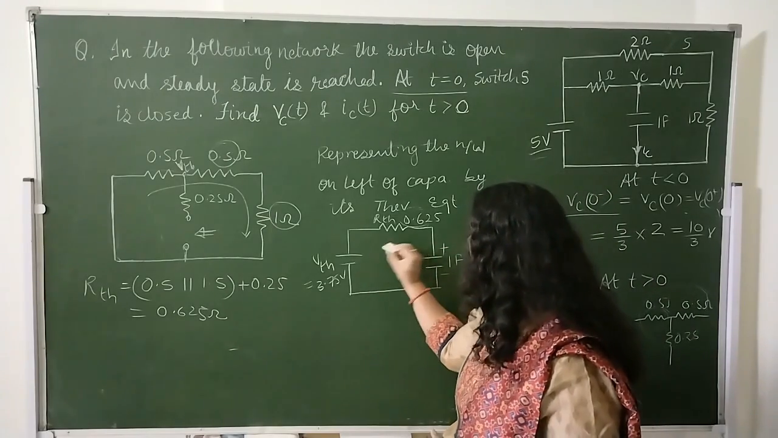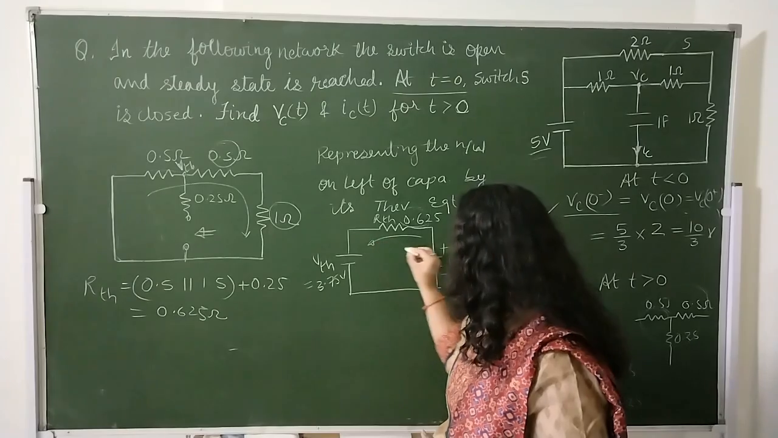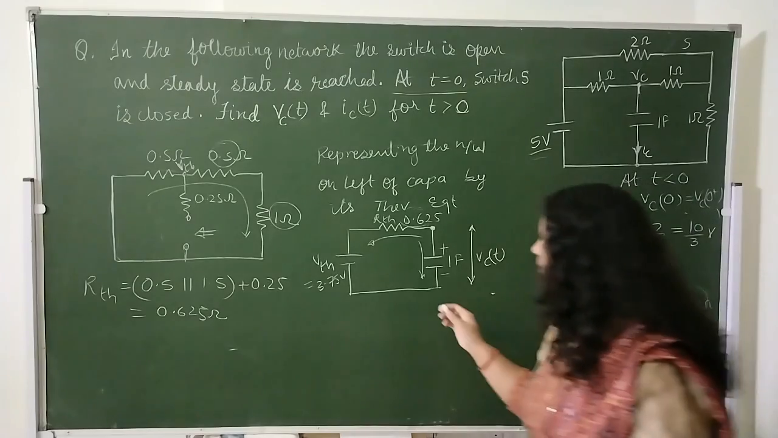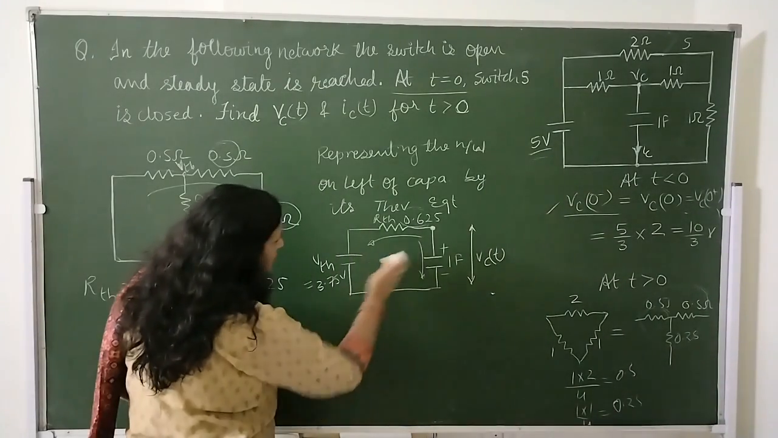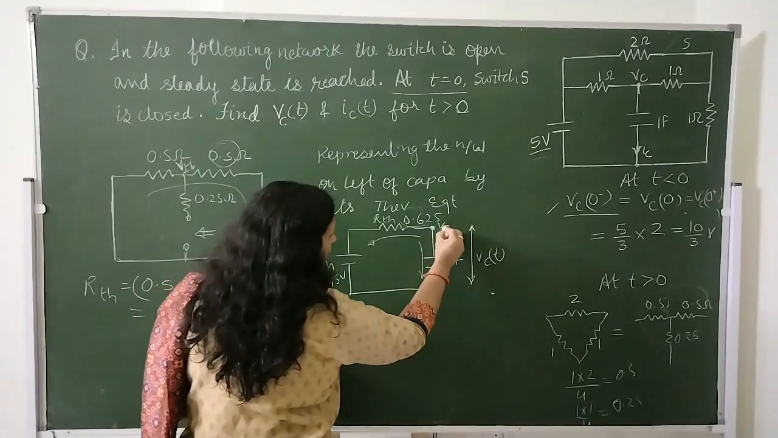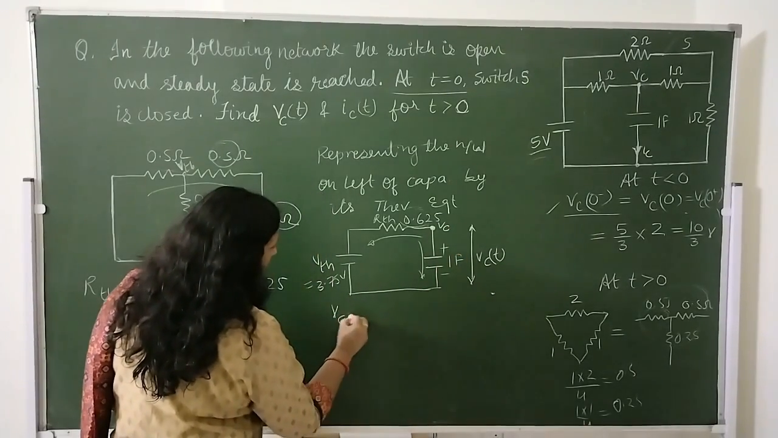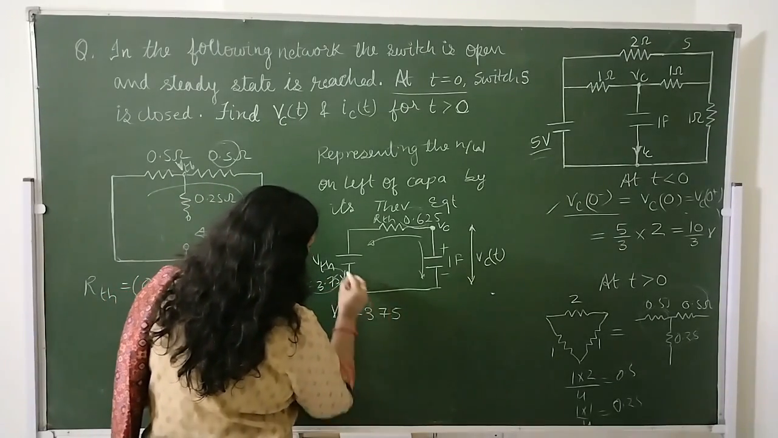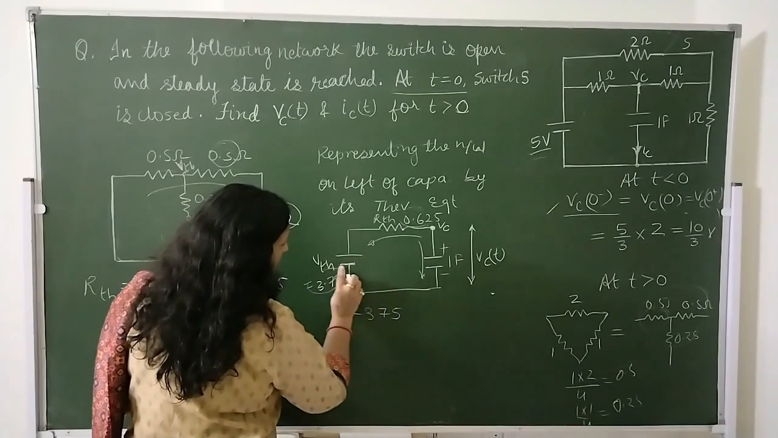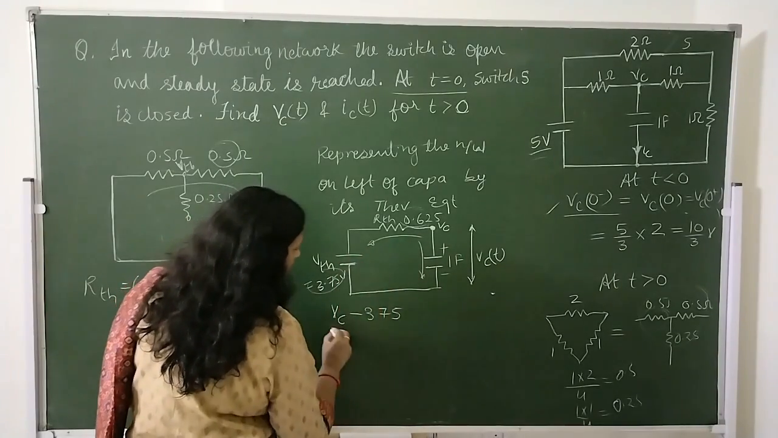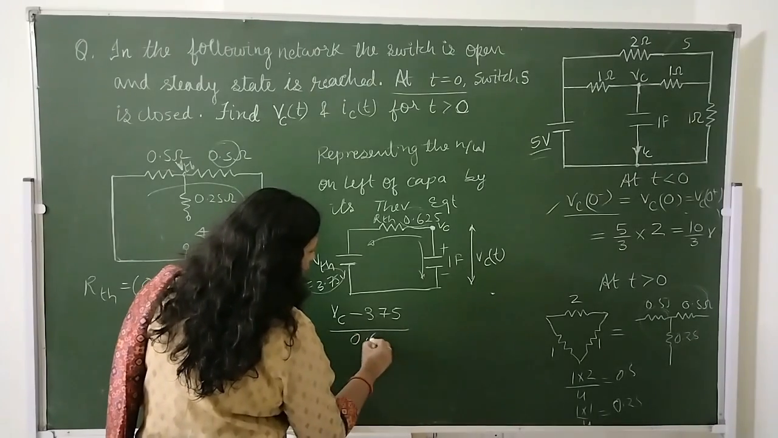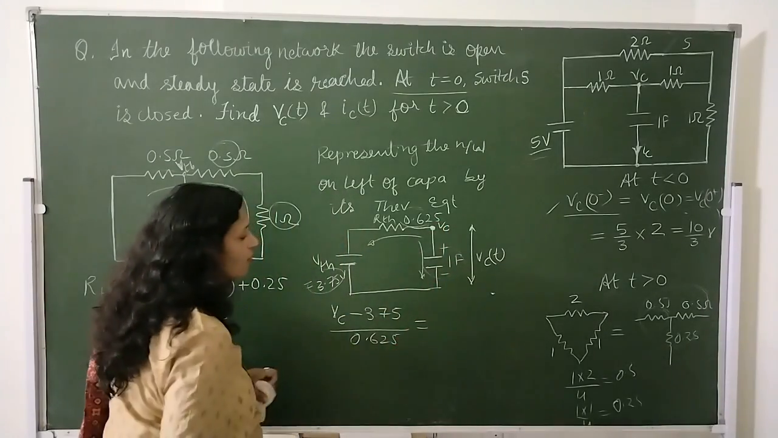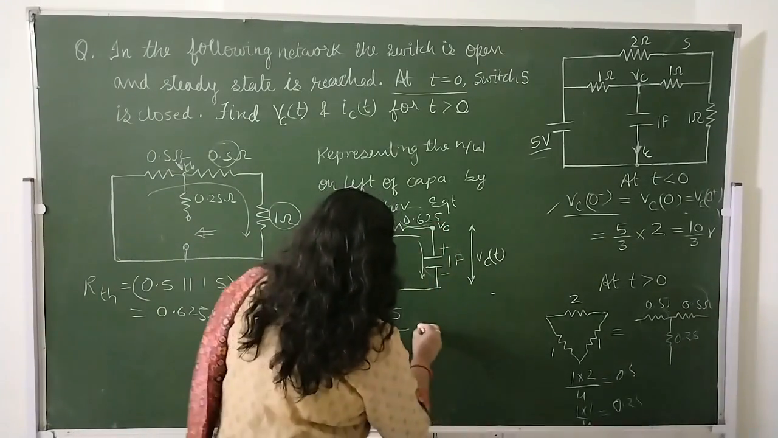Okay, so we can apply KCL here. Suppose one current is flowing in this direction, and take all the currents outward of this node. So here this voltage is VC. VC minus 3.75, minus sign will come because we are coming in this direction and the latter sign of this voltage source is this, divided by 0.625, is equal to the current flowing in the outward direction. So sum of this